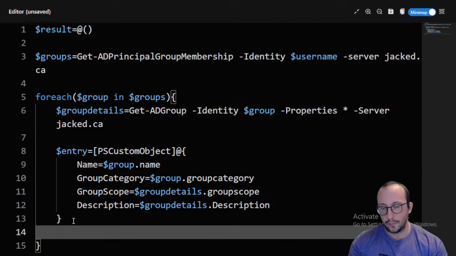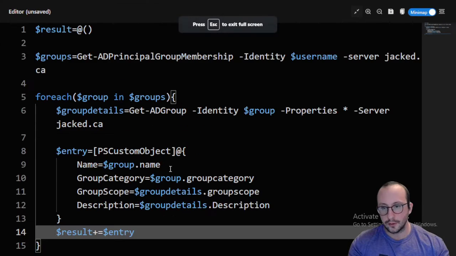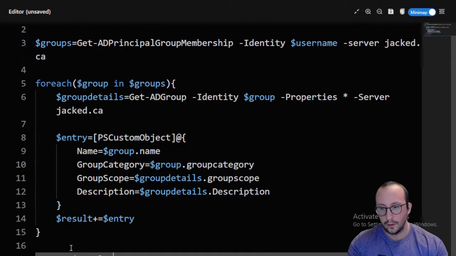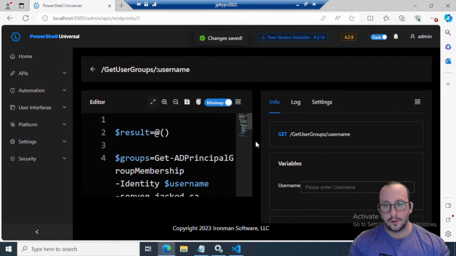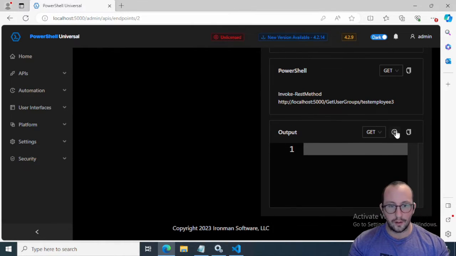Then all we're going to do after we create the entry object is add it to our result array. And then all we want to do after that, let me just go back here. All we want to do after that is return the result here. So return results, and we can hit save. Let's shrink this down, and we can go ahead once again, test with our test employee 3. Hit run here,